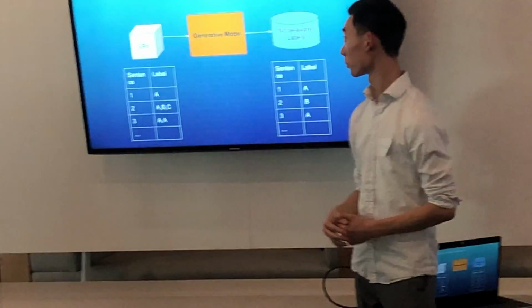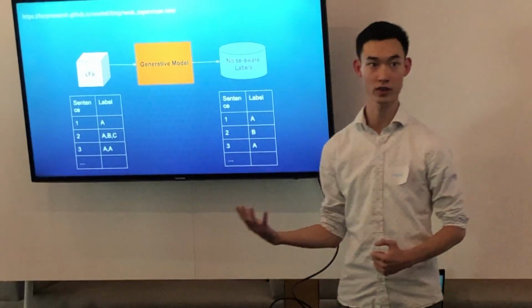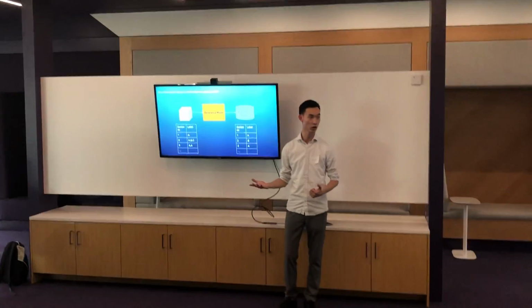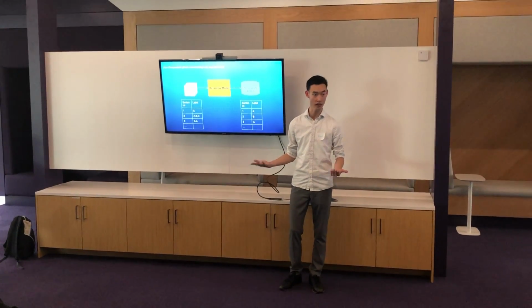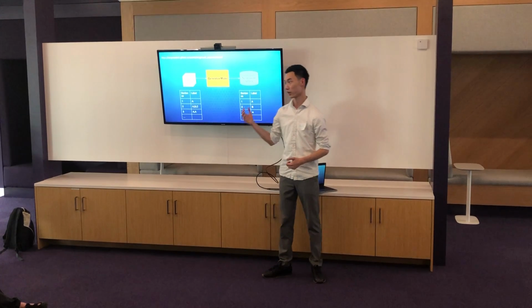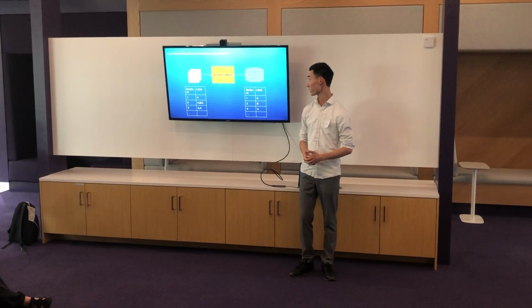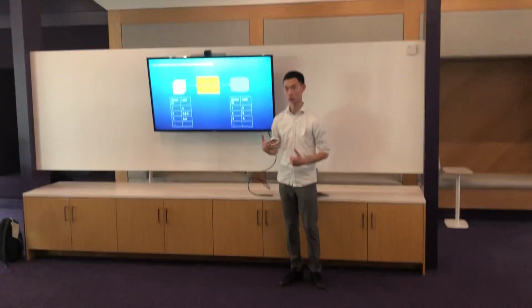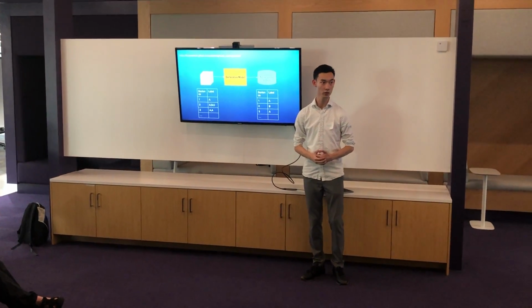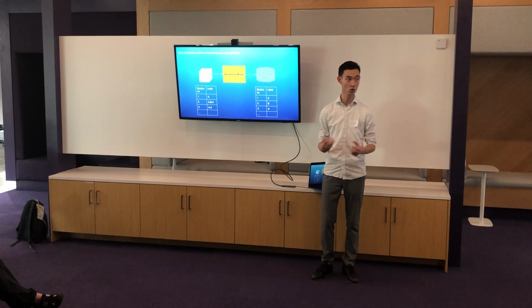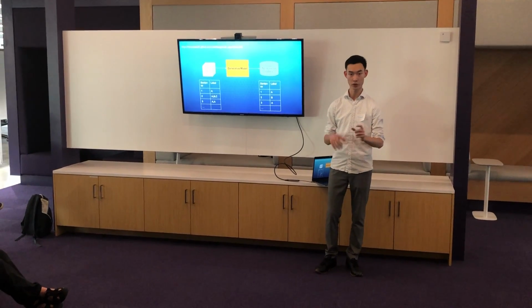So eventually Snorkel wants to give us one set of labels, like one label for each sentence. We're not allowing multi-class labeling for now. So what Snorkel does is, it applies a generative model, which you can use pre-trained or fine-tune, which studies the correlation, a joint probability of input and output.